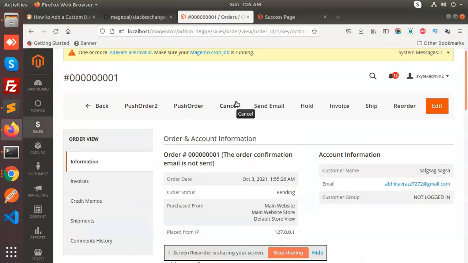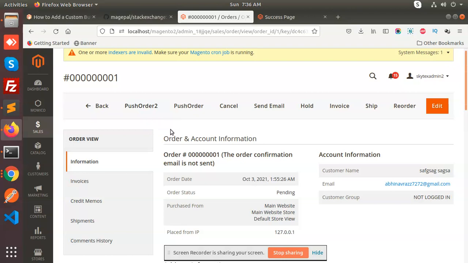Hello friends, in this video we are going to add this kind of buttons in the sales order. Okay, so let's start how we can add such kind of buttons into that sales order so that we can perform any action over here. Like if I want to push this order in Zoho, then I will create this button. On the behalf of this button, I will push that orders to the Zoho, MailChimp, you can say HubSpot, anywhere you can send it by using these options. You can manipulate the things.